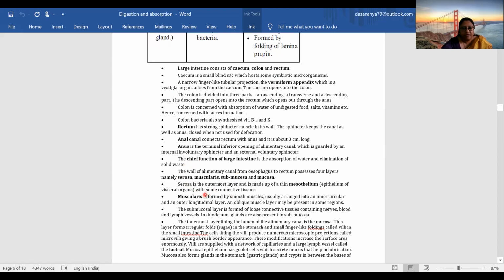Okay. Now, in the next lecture we will talk about the internal layers, since this is the external structure of each and every part of our alimentary canal. We will see the histology of the intestinal structure and the other parts of the alimentary canal, how tissues and cells are arranged with each other.